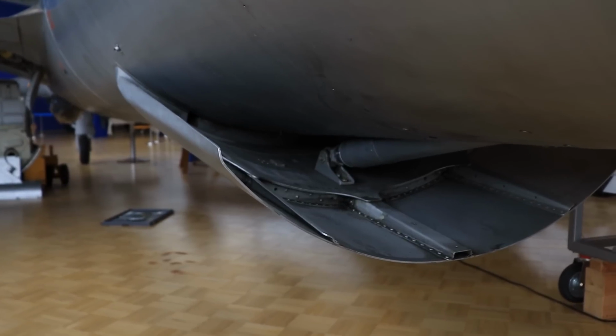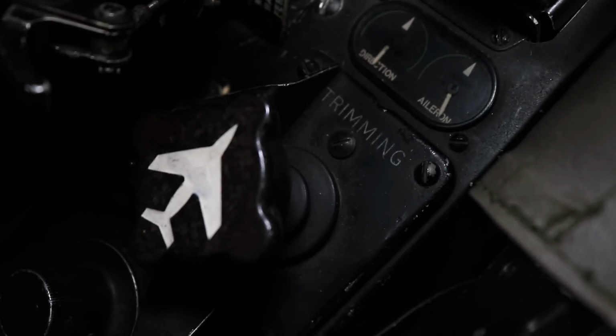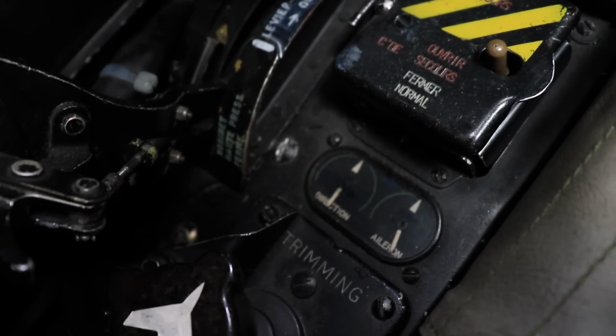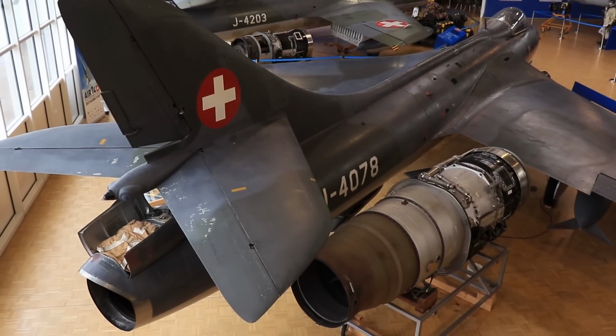The air brake is actually linked to the undercarriage and will always retract and remain retracted if the gear is lowered. A low pressure fuel cock is located between the pilot's seat and the throttle control. Below the throttle, trim control for your rudder and aileron with respective indicators. Forward of this, the tailplane standby motor control, an emergency motor taking over control of the electrical variable incidence tailplane,